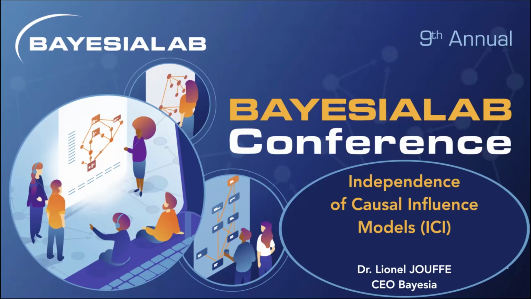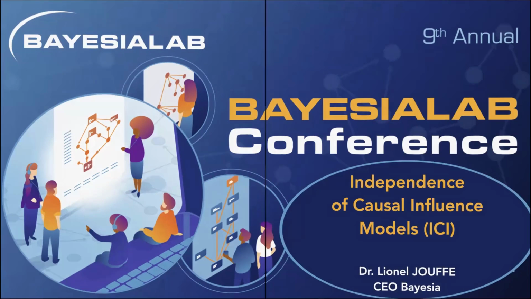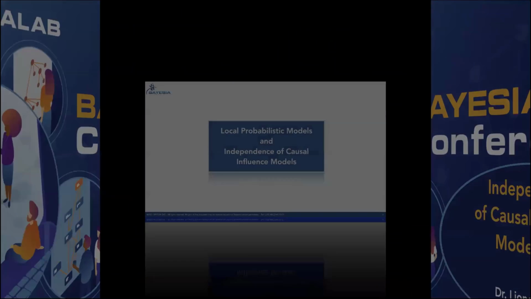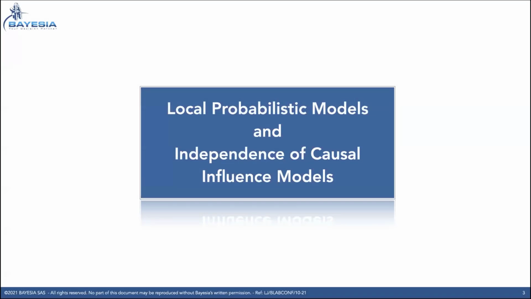And then I continued my research on this topic, and we came out with a very comprehensive BayesiaLab ICI tool. This is what I'm proposing to describe today. With ICI, what we want to do is represent a parent-child relationship. This belongs clearly to the topic of local probabilistic models, so I'm going to start by describing what you can do in BayesiaLab for representing such